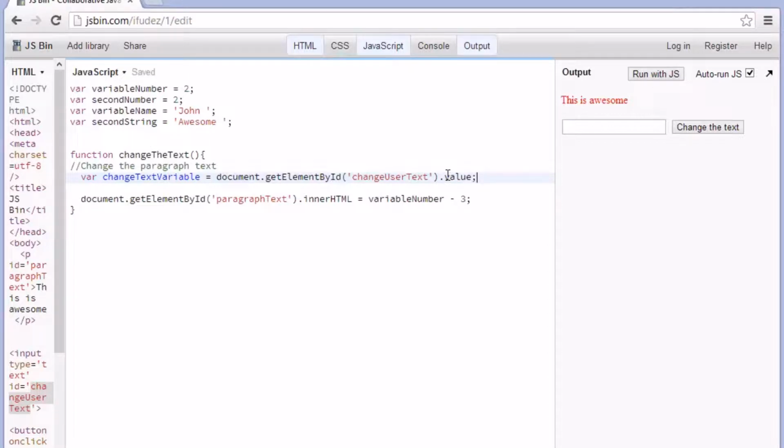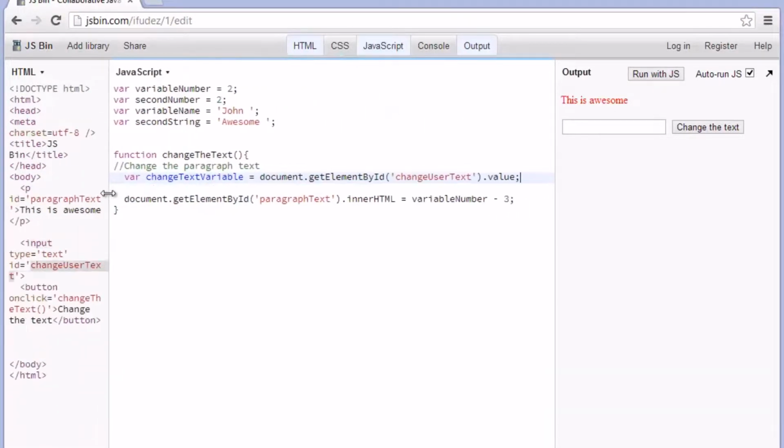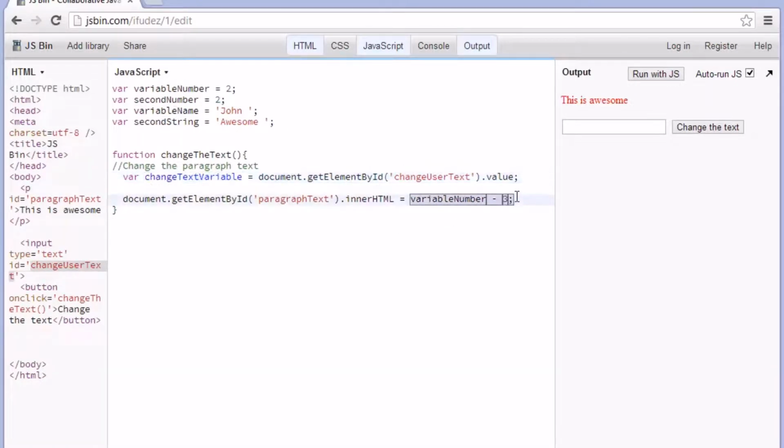Okay, so now the change text variable is equal to whatever we put in there. The only thing we need to do is see where this equal sign is. We need to just type in change text variable, and if you want to copy and paste that, you're more than welcome to. You can double click it and you can see the box shows around that, meaning that it does work. So if we go change the text, it doesn't do anything,